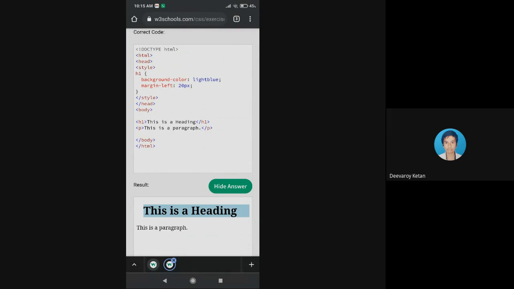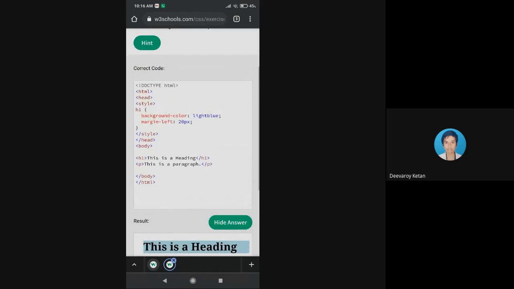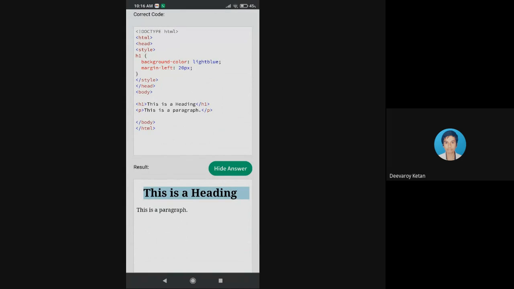So margin left 20 pixel. We also wrote the same thing and we got the same output. Okay. You can see this heading has come to the left side.